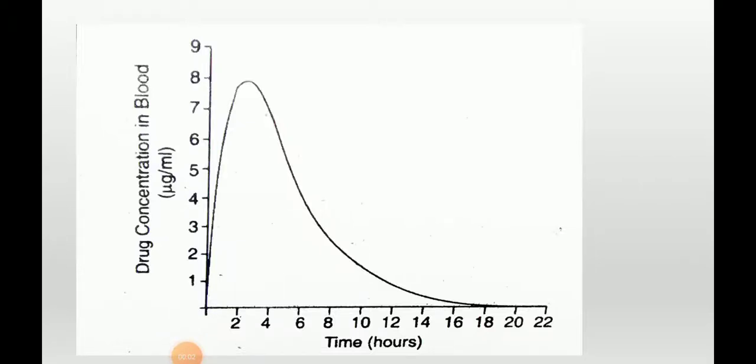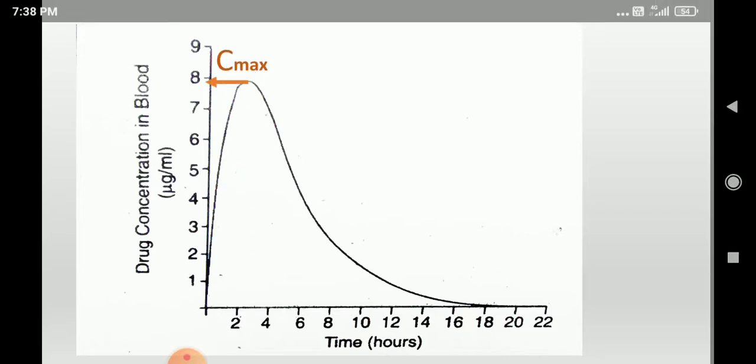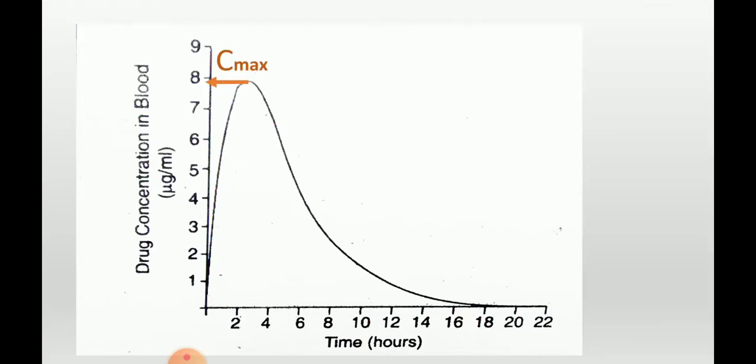Let us recapitulate a little bit of pharmacokinetics and a part of pharmacodynamics. So, this is a curve where you will see the drug which is prescribed via oral or subcutaneous or intramuscular route. I will come to that part later. Which is probably the route by which this drug is prescribed.